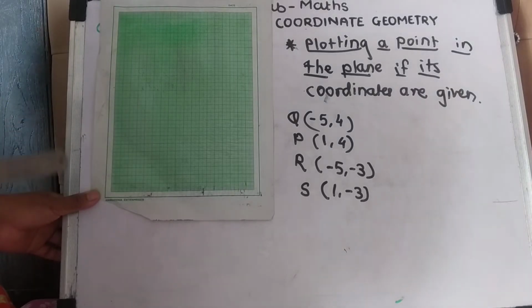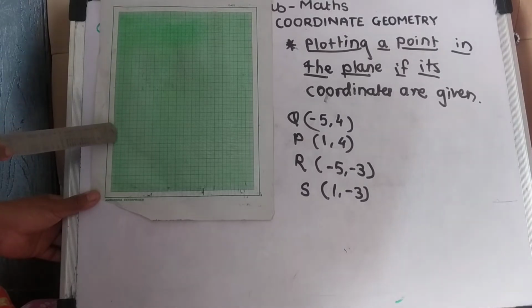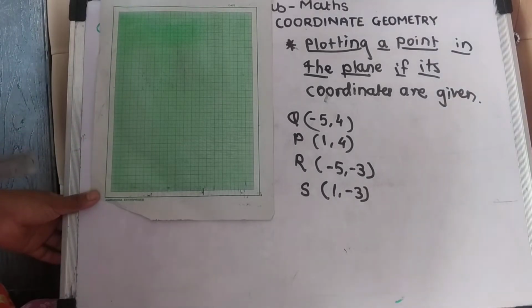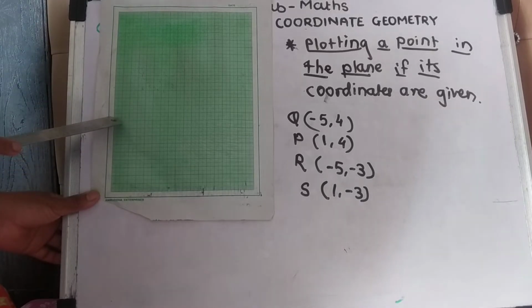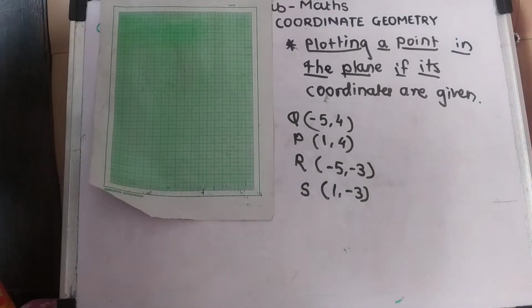In between this one box we have a total of 10 lines. And the slightly darker line represents 5 units, and a single line represents 1 unit. Understood? This is 1, 2, 3, 4, 5, 6, 7, 8, 9, 10. So in one box there are a total of 10 lines. The box is of 1 unit. Now let us see how to plot. Here I am using a sketch pen. You don't use it. We are just going to use a pencil only, right?